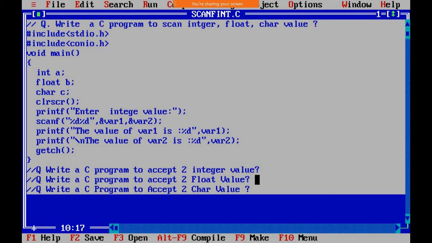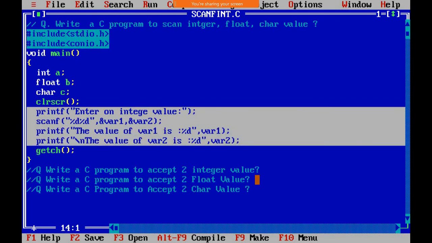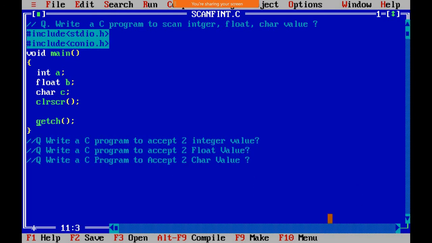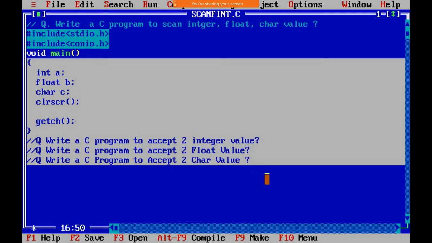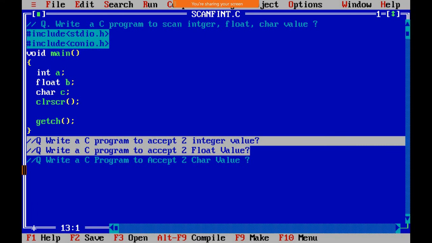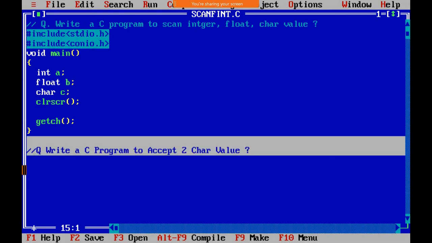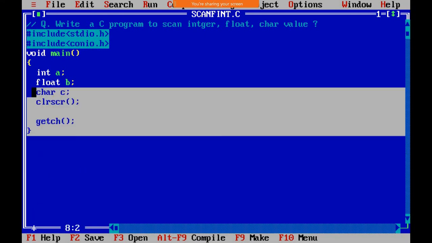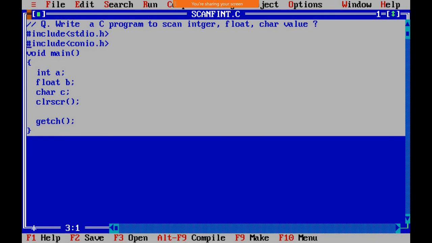Once we declare, now we need to change this statement, enter one integer, so get the idea clearly. Now here we have the data types int, float and char, having variables a, b, c.